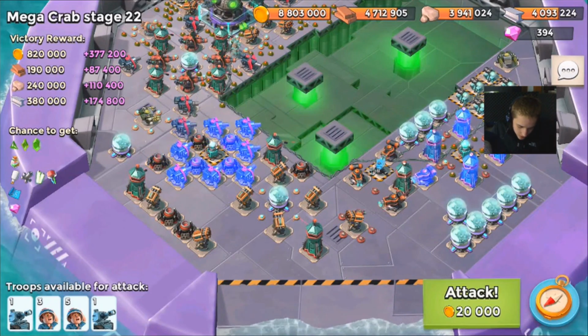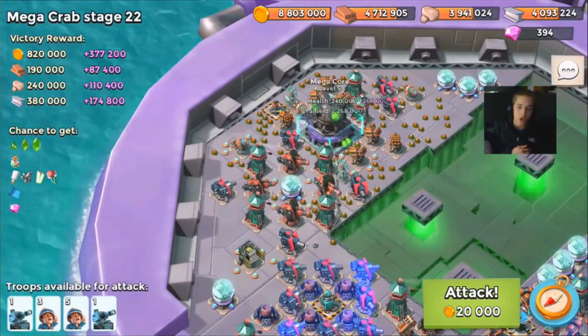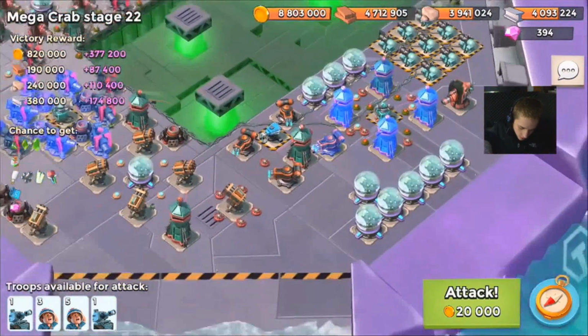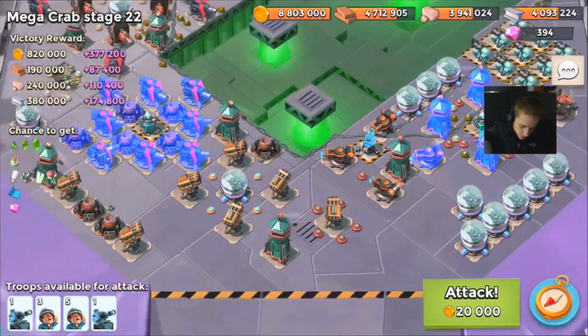I mean, I could do a warrior attack over here, take down all of these shield generators. That would help so much because there's 2.2 million. So that's what I'm going to do. I'm going to do a Smoky Warrior Rush over here, take down all of these, and then try to use...